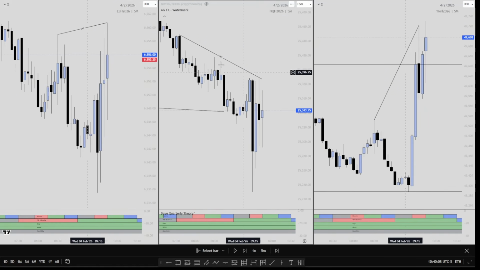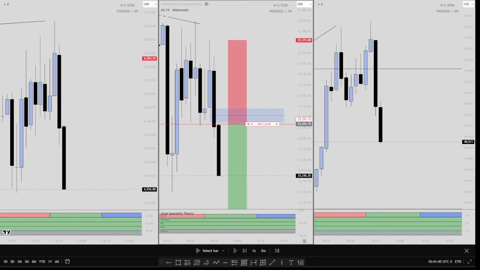So we know that the SMT that was low probability is now confirmed. So that then led to a 2-minute fair value gap forming. We have break of structure in our direction with the fair value gap. So we're going to enter in on this fair value gap since it's a valid entry, and we will see